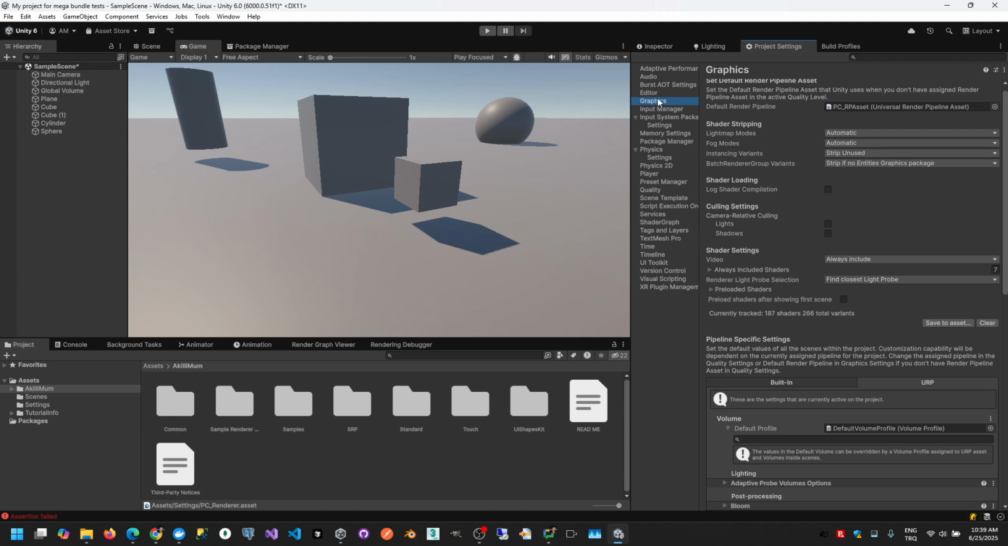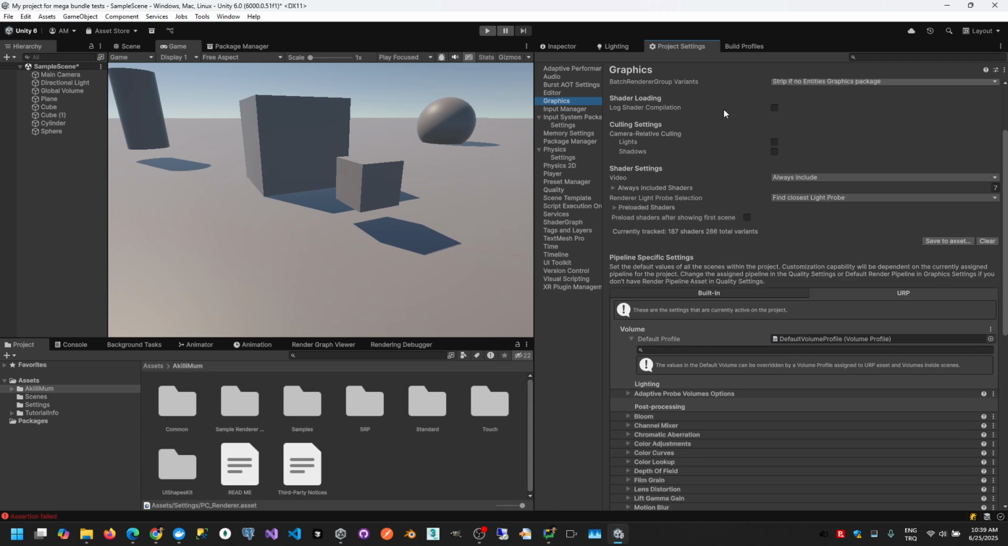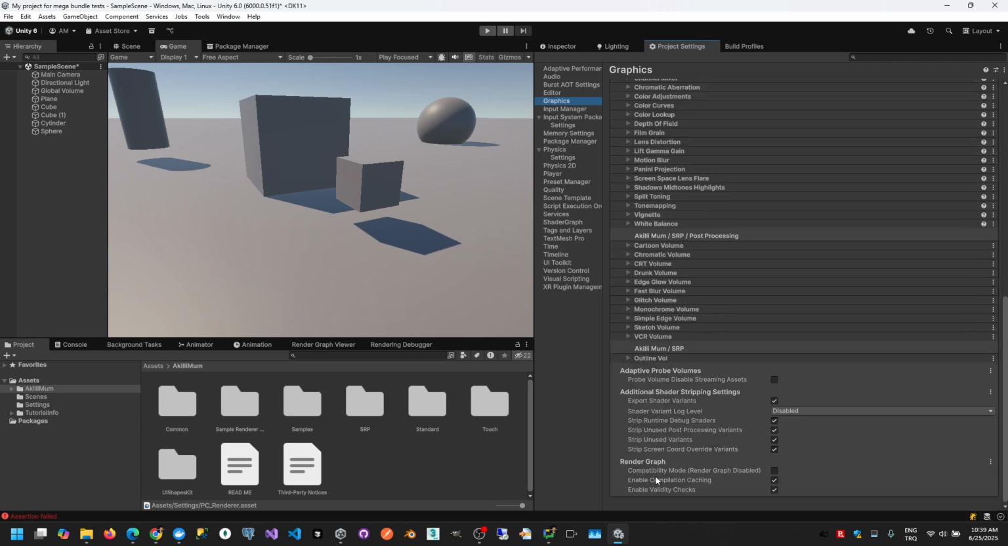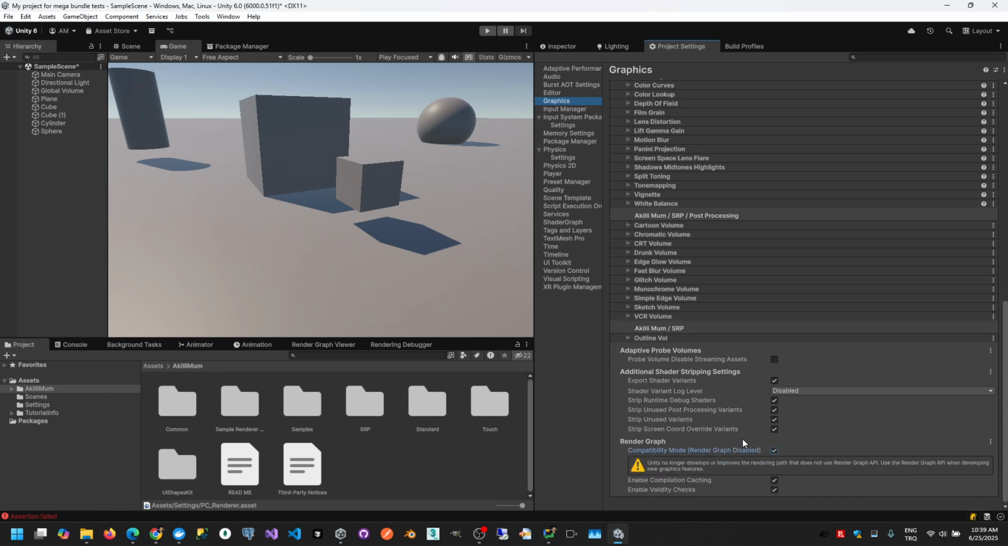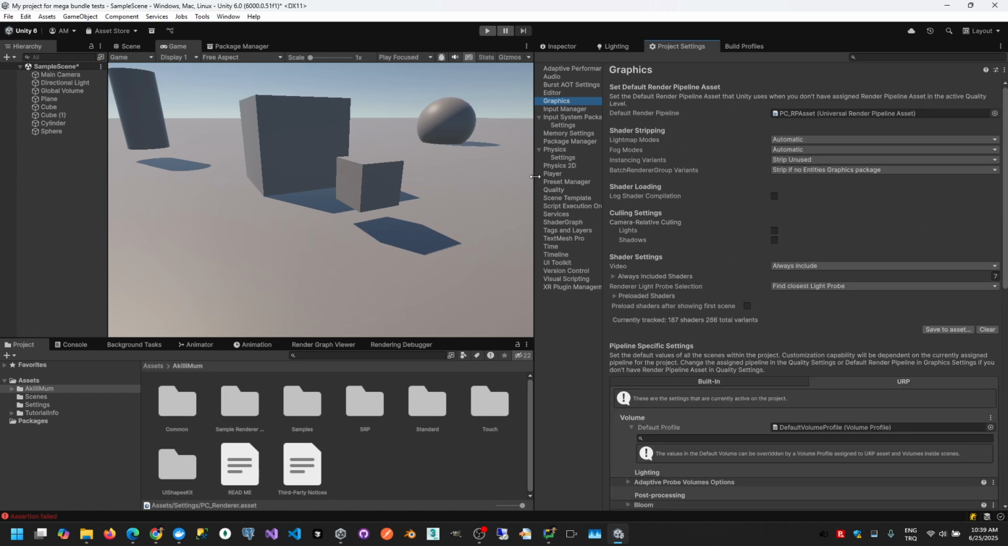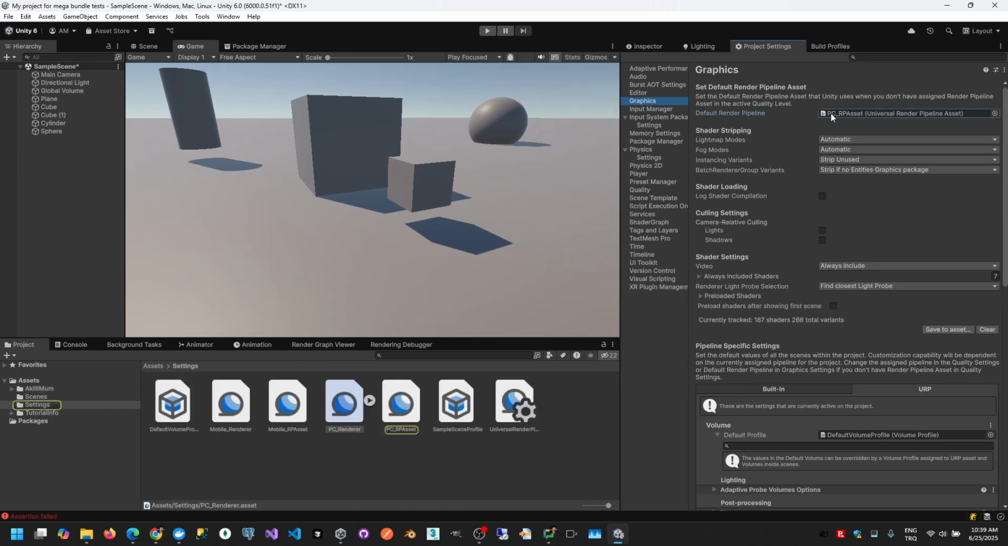So here you will go to the graphics section. Here you have to scroll down, and here, as you can see, it is in compatibility mode, render graph disabled. So I have to enable this because our effects are using the old renderer feature as described in the explanation of the package. So we have to enable it. And here, if we click our render pipeline, it just navigates to our